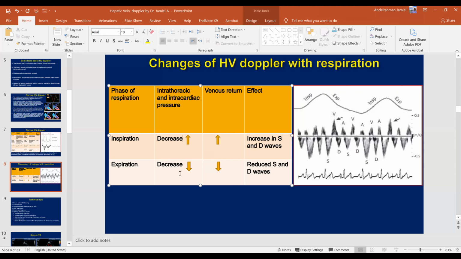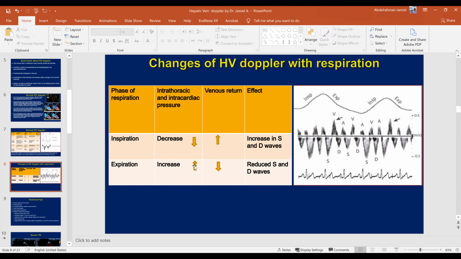Okay, and here during inspiration it increases, the opposite. So this will be here and this will be here. Okay, let us correct this one. Because the intrathoracic pressure increases, the suction will increase, and the venous return to the right side will increase, and this will lead to an increase of the S wave and D wave, the forward flow. The opposite is right